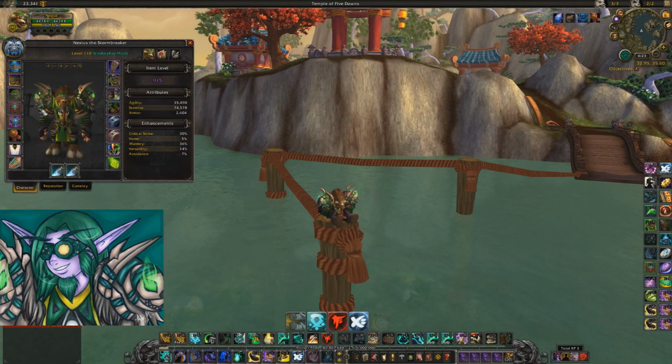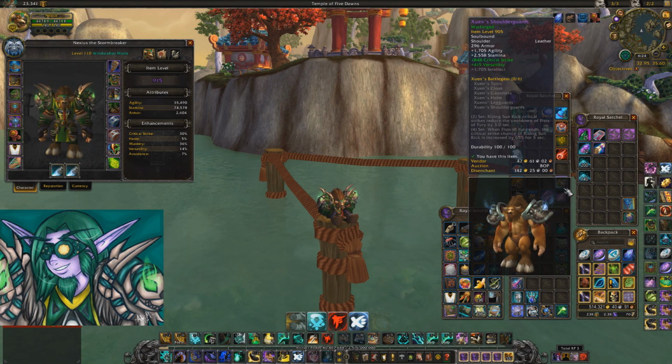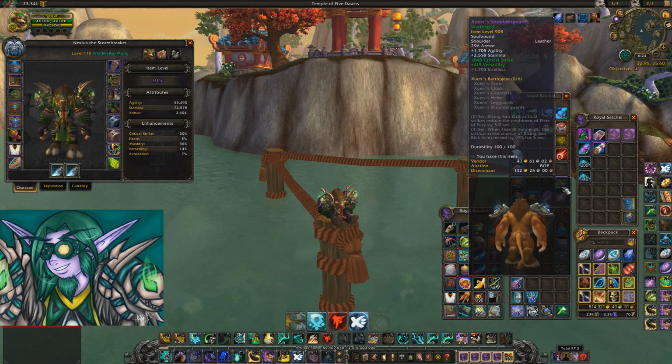So here I have my 2-piece from Nighthold, as you can see here, which reduces the cooldown on Rising Sun Kick by 3 seconds. For this one tier, it has 2 bonuses that we need. We need this 2-piece, which makes Rising Sun Kick critical strikes reduce the cooldown of Fist of Fury by 3 seconds. And the 4-piece, when Fist of Fury ends, the critical strike chance of Rising Sun Kick is increased by 65% for 5 seconds. So not only is this tier very strong, and it synergizes well with Rising Sun Kick and Fist of Fury together,